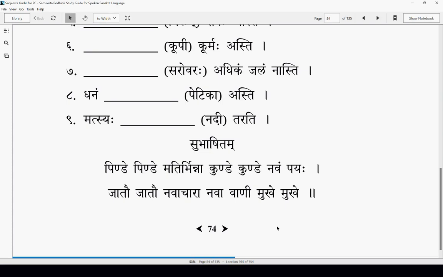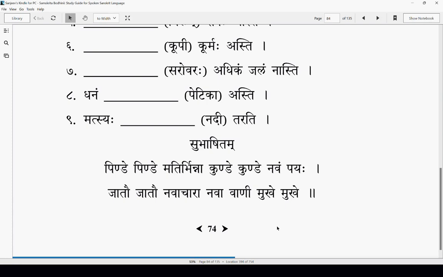Like a well. Is it container? Yeah, container, well, right? You go to many Tirthasthanani, like Rameshwara, everywhere there is a kunda, some kind of kunda. In every kunda, generally any kind of well where there is water, in every well there is a navam payaha, means navam jalam, different type of water, water quality or water stuff. The character is different there. So each well has a different kind of water.